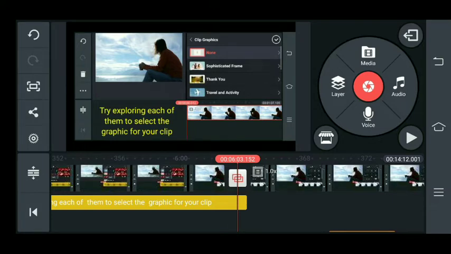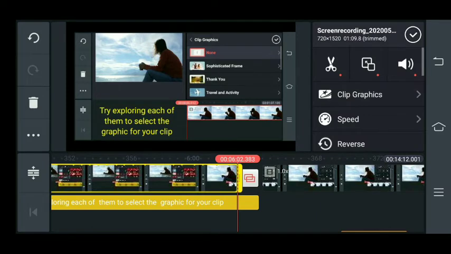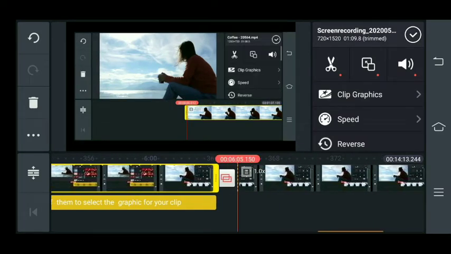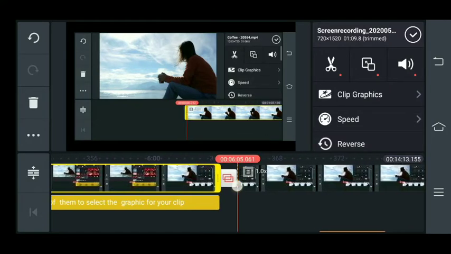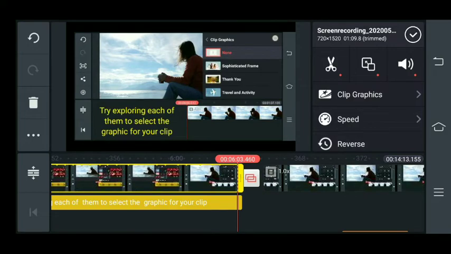Another thing that you need to remember while you are adding a transition is that the transition effect actually eats up a little bit of clip content on the left as well as the right. So what you have to do is click on the clip and just drag a bit so that it's not lost because of the transition. Otherwise it actually mutes the audio which is there. Two to three seconds are muted when the transition effect is happening. So like how I moved from left to right, you can also move like that so that the transition effect is not gone. So that was all about the clip graphics.